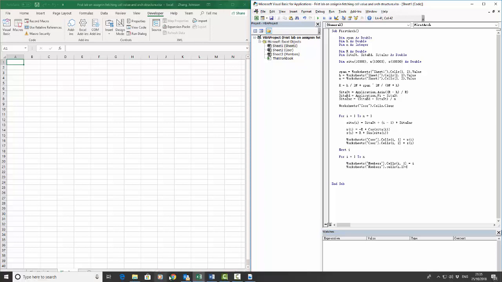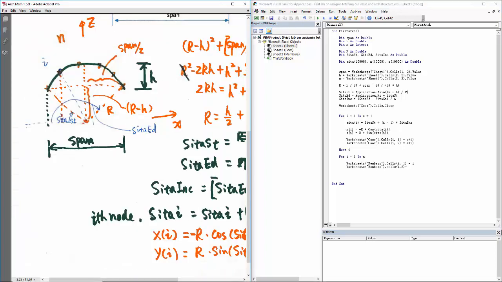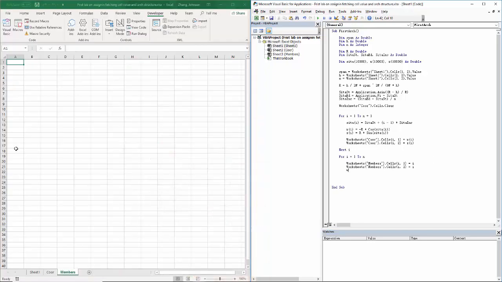Say for example you're talking about member 1, it's connecting node 1 to node 2. So the starting point is going to be i, and the next column here is going to store the endpoint. So let's put in here worksheets, members,